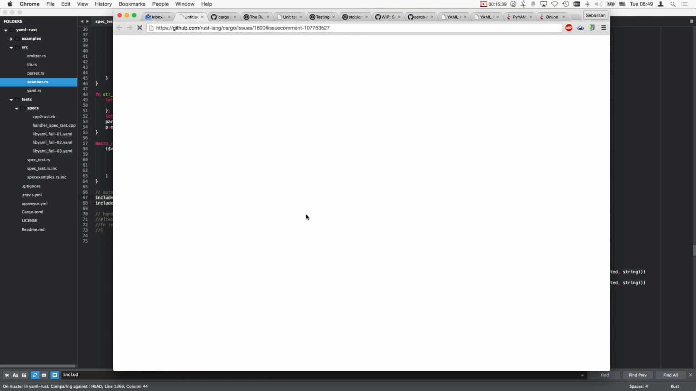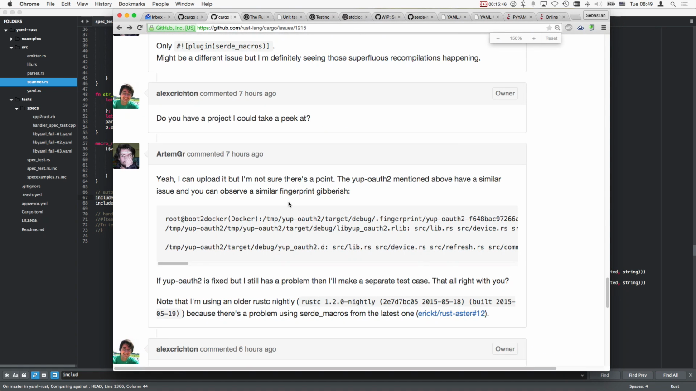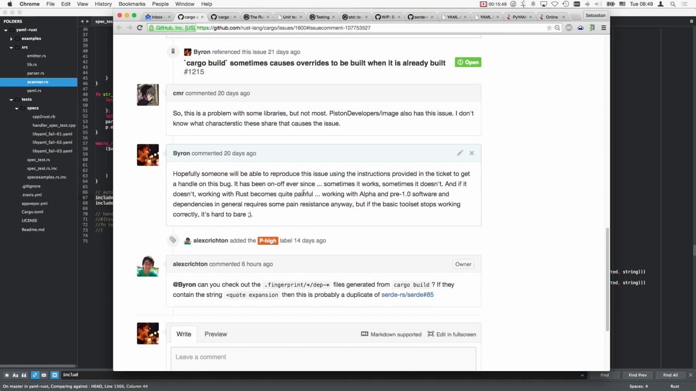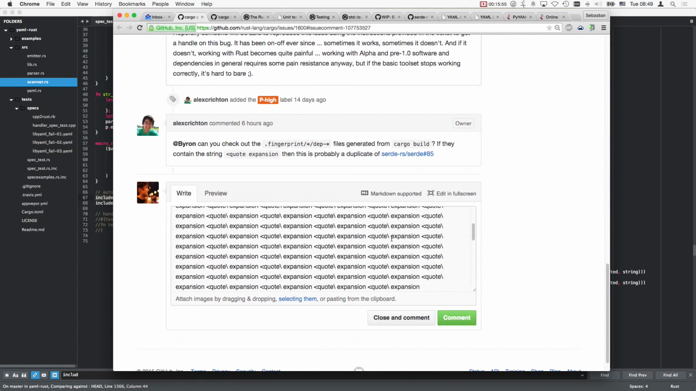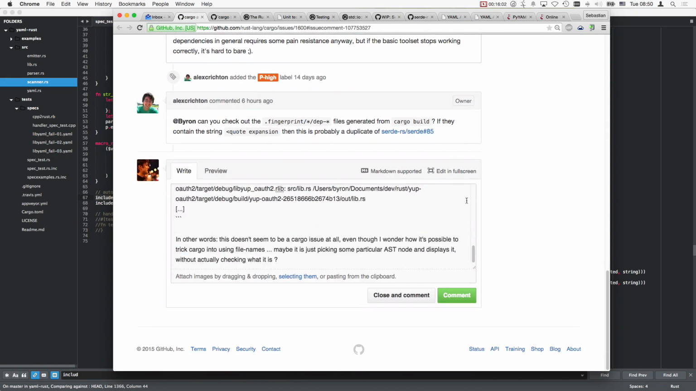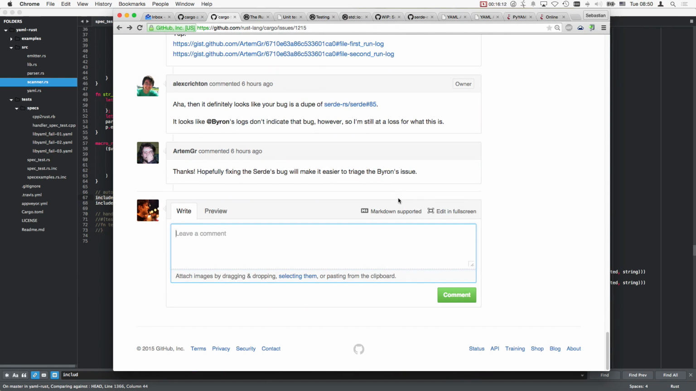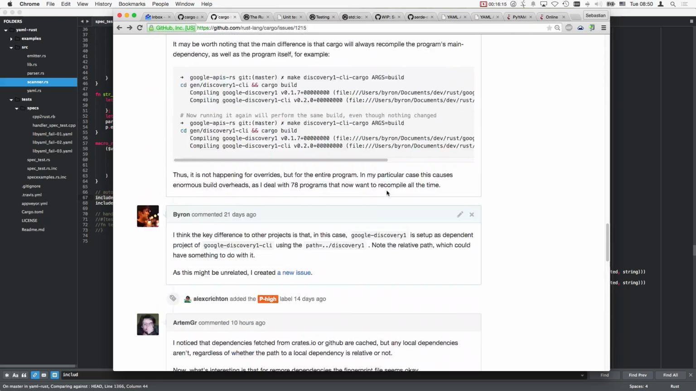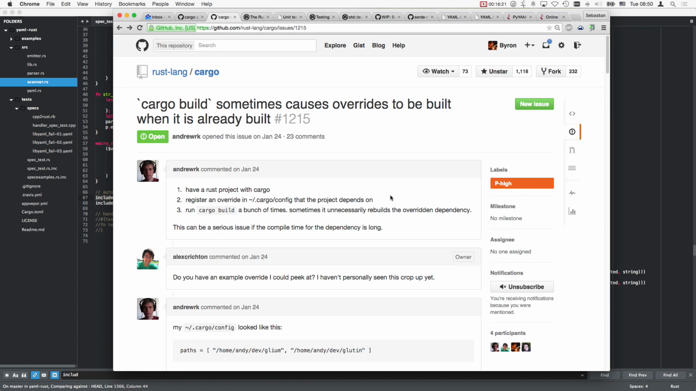That is this one. So I think I actually want to put this here, huh? Yeah. So that is actually where it's supposed to be. This is where the initial example was given with yap-OAuth. That is that. All right. Register an override and